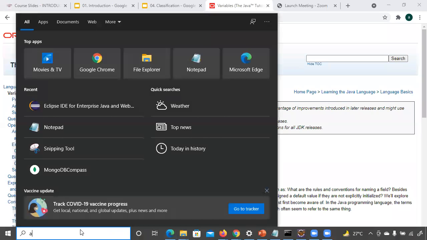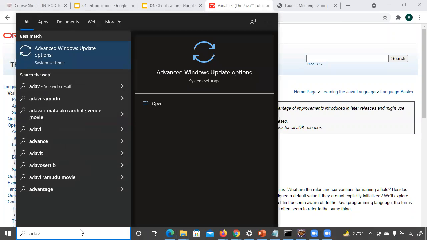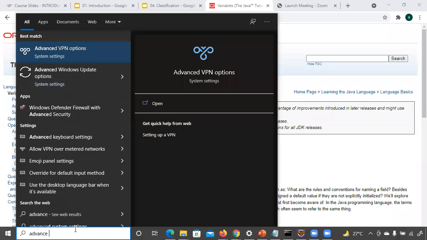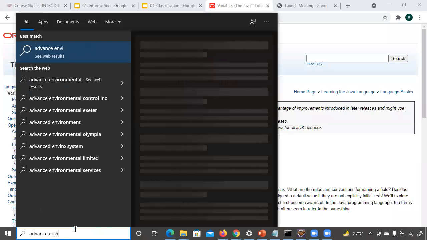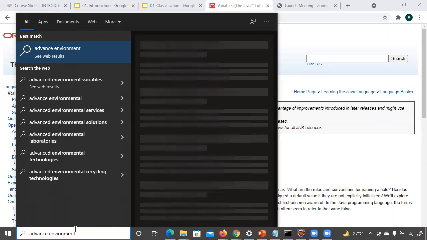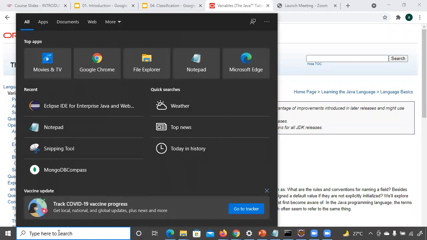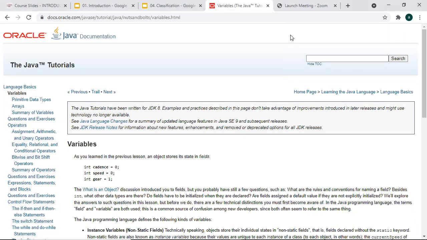You just have to search it here. If you do not get it, you can go to the desktop in that case.